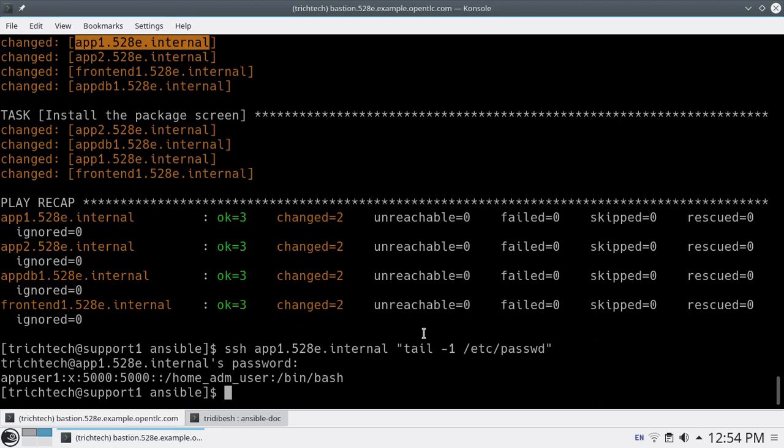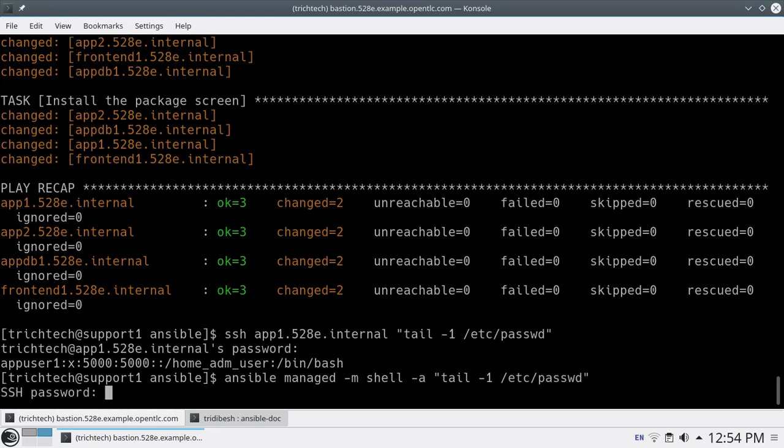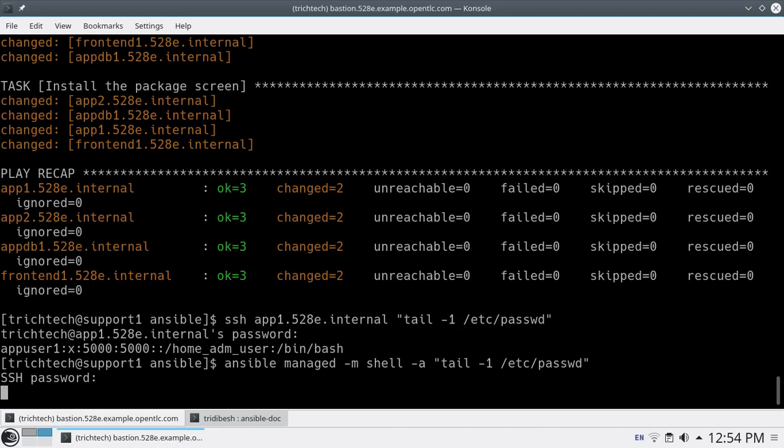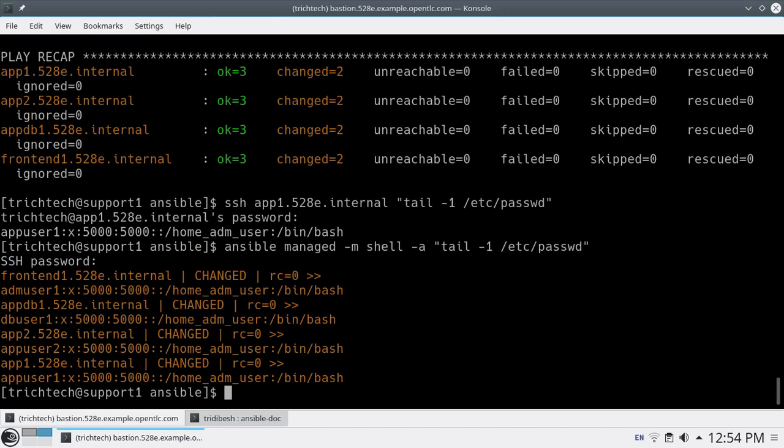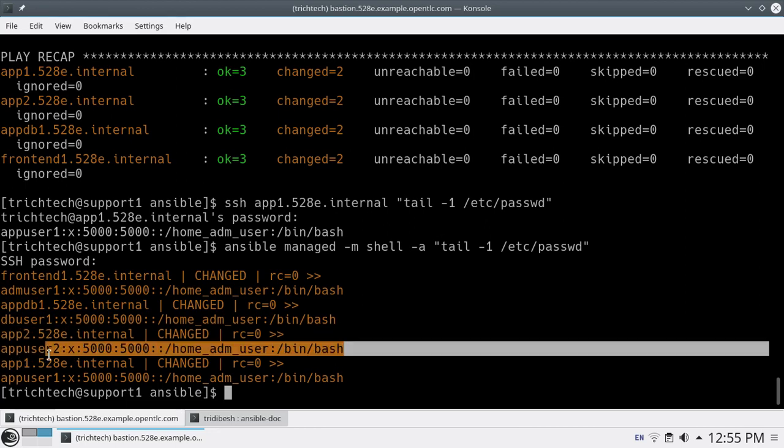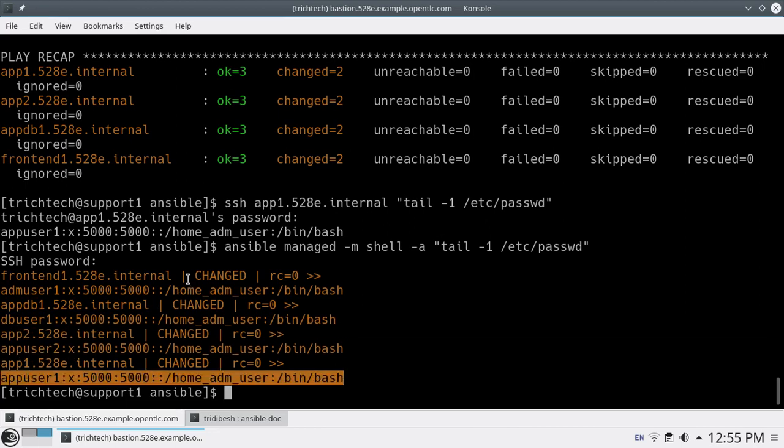Let me use Ansible only: ansible managed -m shell -a tail -1 /etc/passwd. It is going to ask me for the password. Let's see what happens. You can see for front end it is ADM user 1, for app db it is db user 1, app 2 it is app user 2, app 1 it is app user 1. This has been taken from our variable that we have defined.